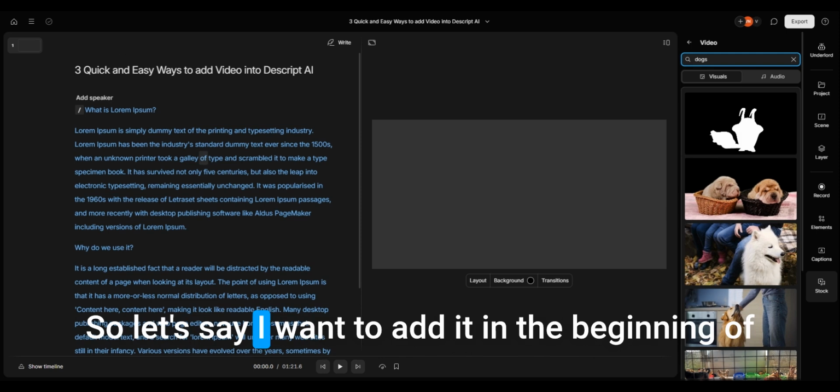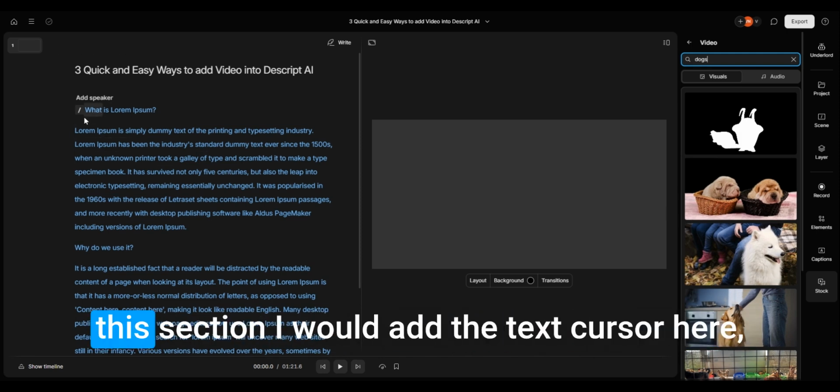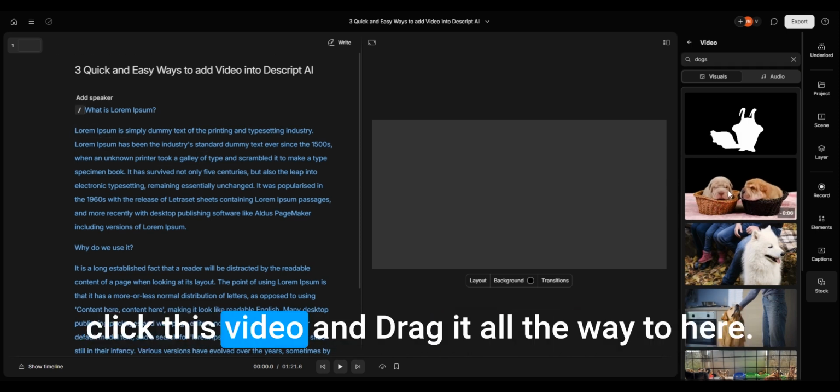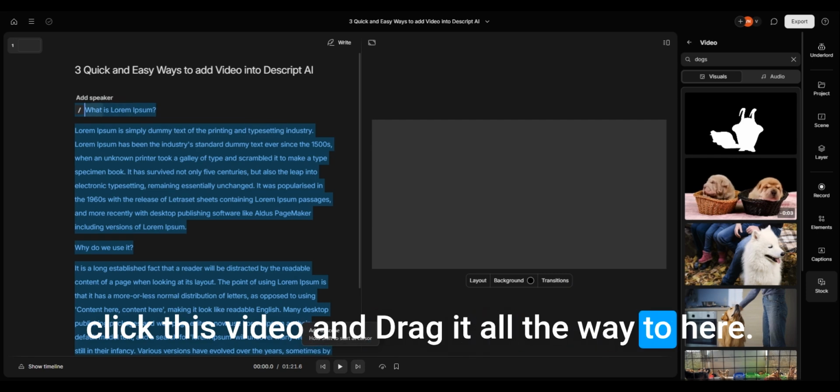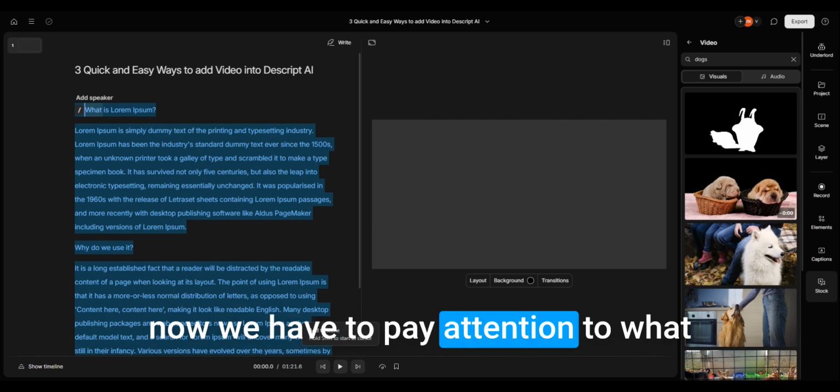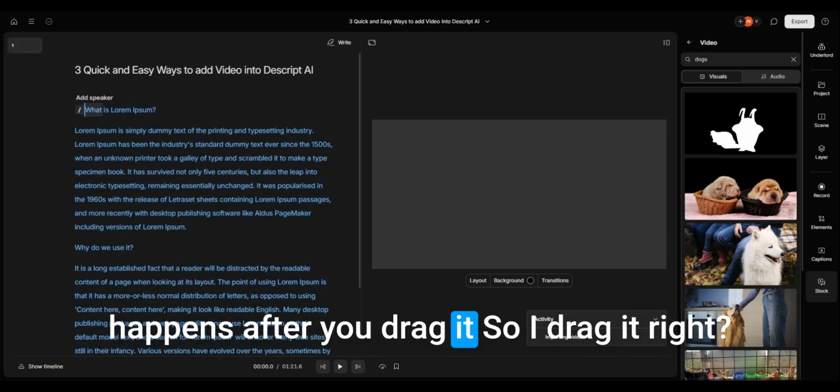Now, here's the trick to adding stock videos into Descript: see where exactly you want to add it. So let's say I want to add it in the beginning of this section. I would add the text cursor here. Click this video and drag it all the way to here. Now, we have to pay attention to what happens after you drag it. So I drag it,